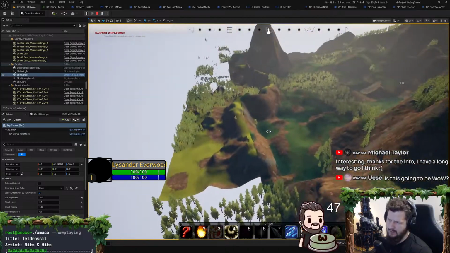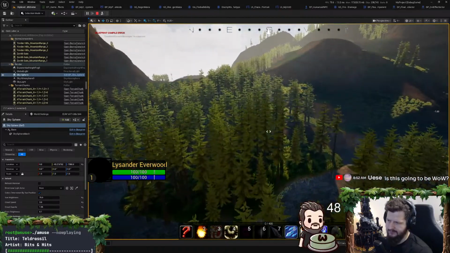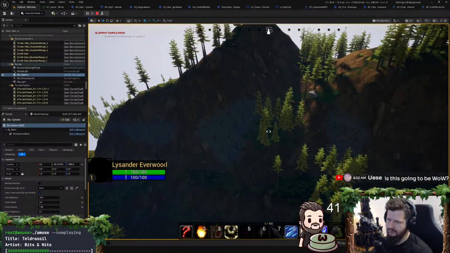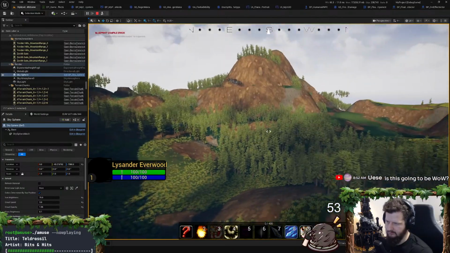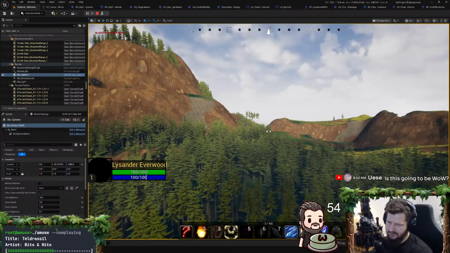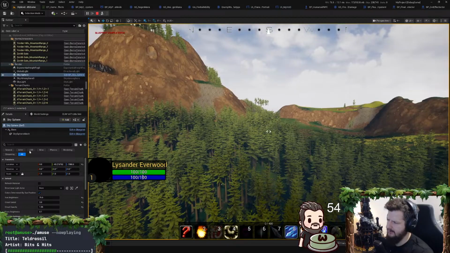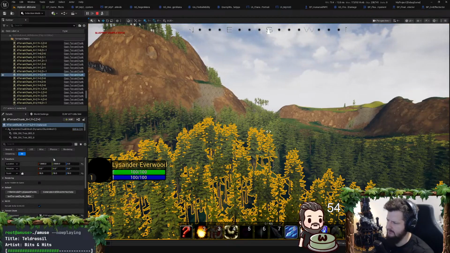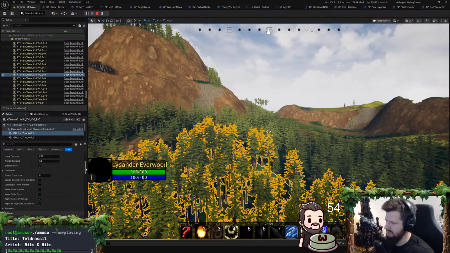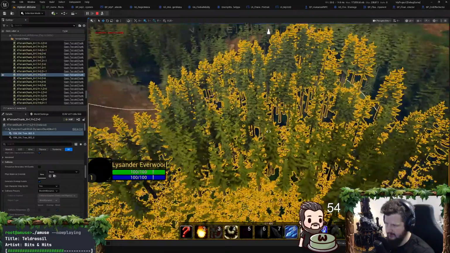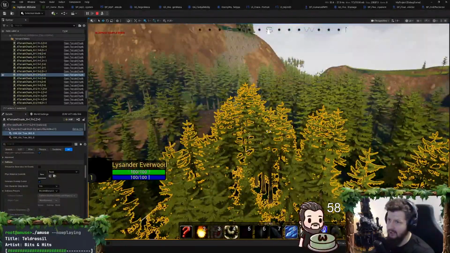But yeah, if you're just doing terrain chunks and you need PCG to spawn, just put a PCG component on each one and let it rip. That part's not too bad. And then you can do settings on some of these for distance culling if you're not using Nanite and stuff like that, which I probably should do anyway, because these are not Nanite meshes, even though I have Nanite on.